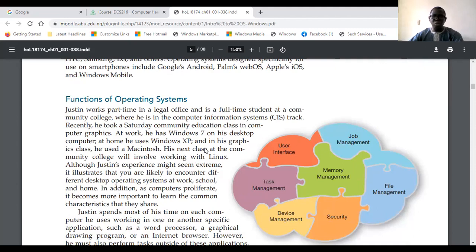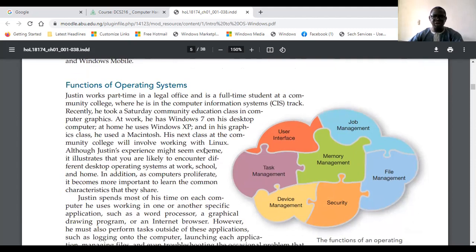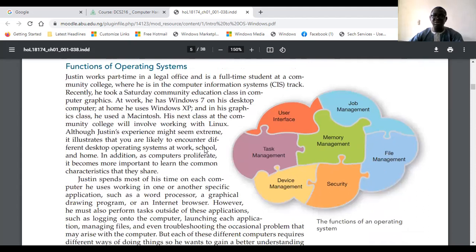We need to know the function of operating systems, and I'll be summarizing this. Whatever operating system you are using, whether it is Windows 7, Windows XP, Windows 8, Windows 10, and whatever version of Windows. We'll also be working with Linux, Unix, and other kinds of operating systems,